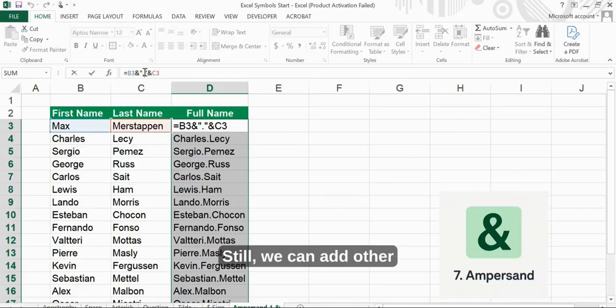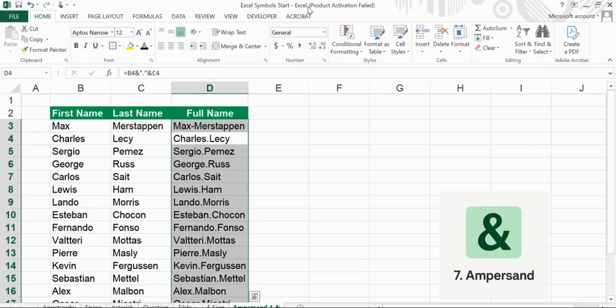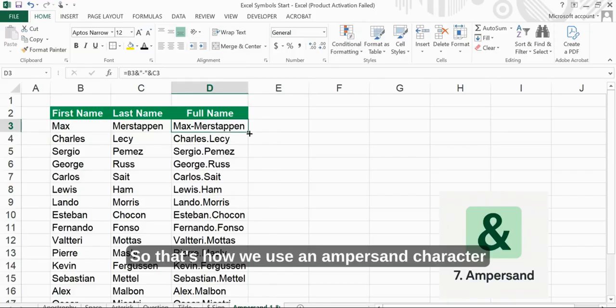Still, we can add other characters, like if you want a hyphen in between. So that's how you use an ampersand